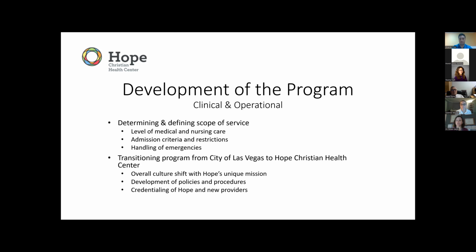So the emergent nature of this launch meant they kind of just jumped right in without a lot of foundation in place. So they reached out to us to come in and write a scope of practice and a budget and an operations plan and things, which various folks in our team here will talk about. So the scope of practice we wrote clinically was about 2 pages long, and really tried to just nail down the population and what we were going to be doing.